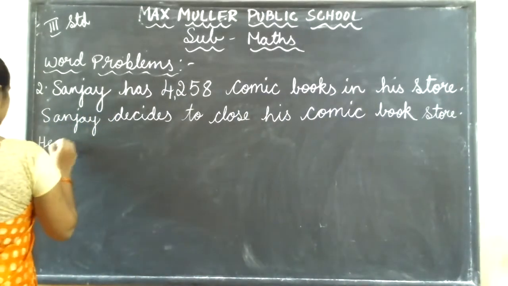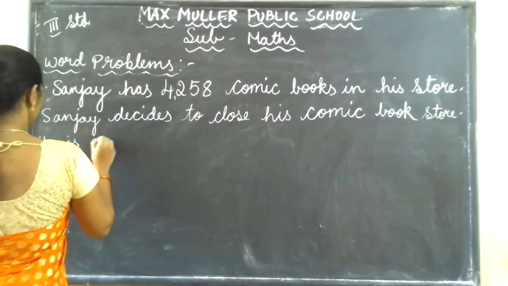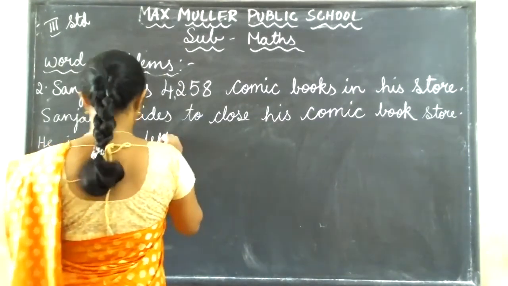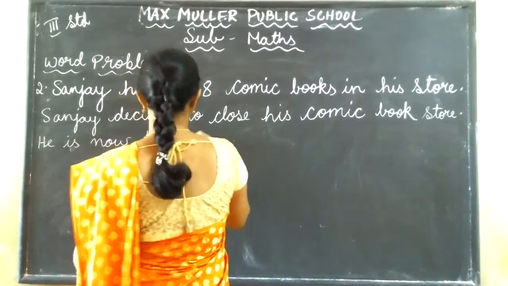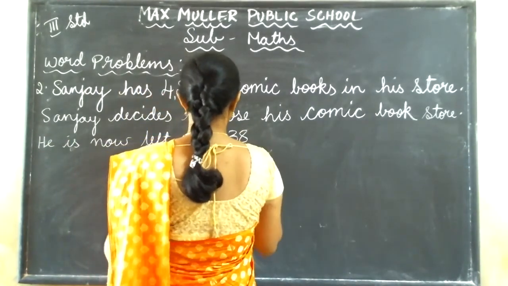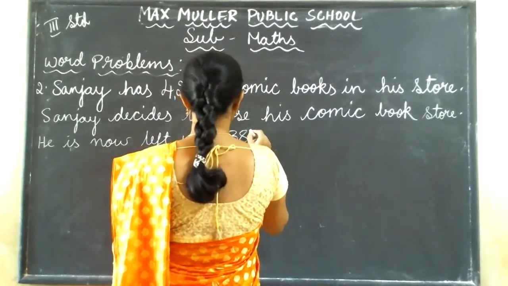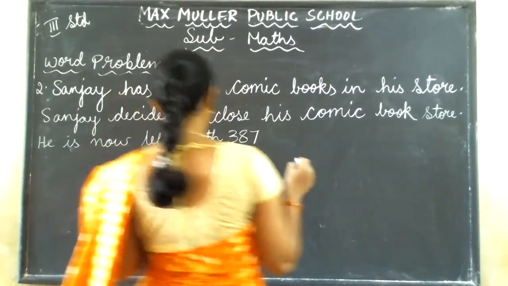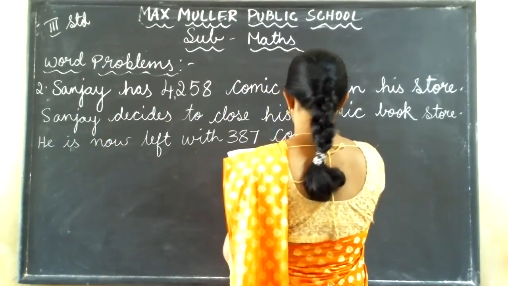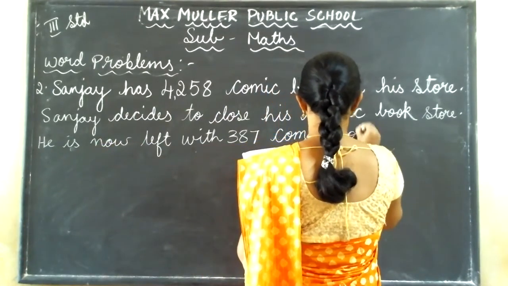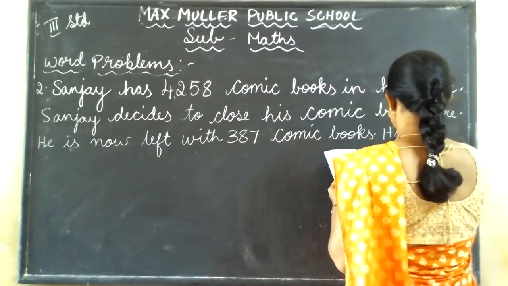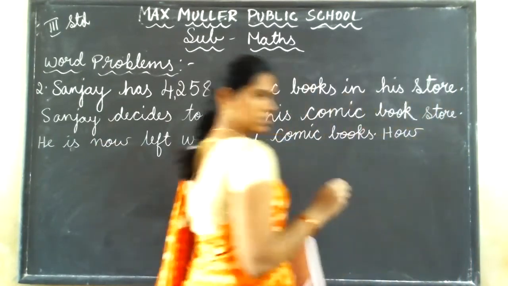He is now left with 387 comic books. How many